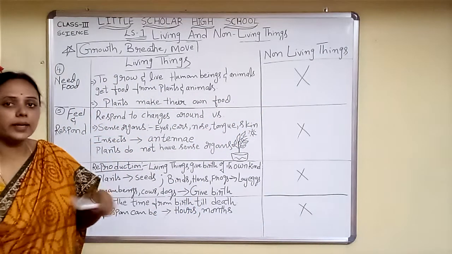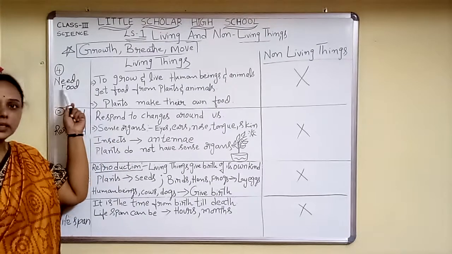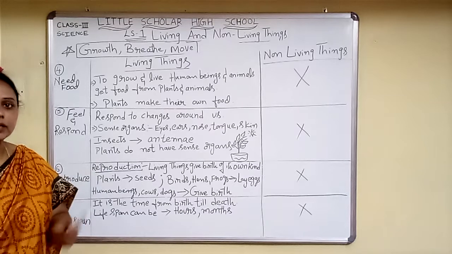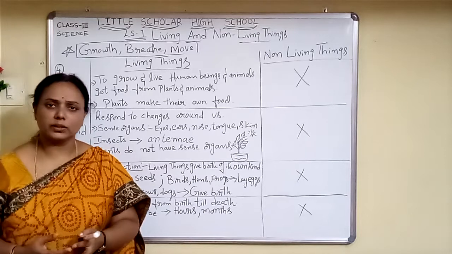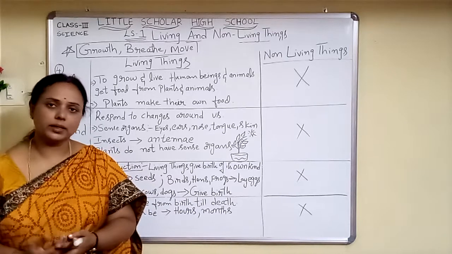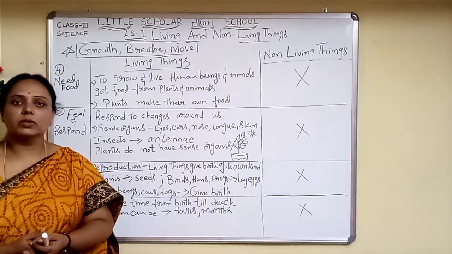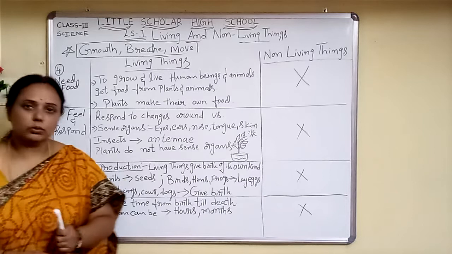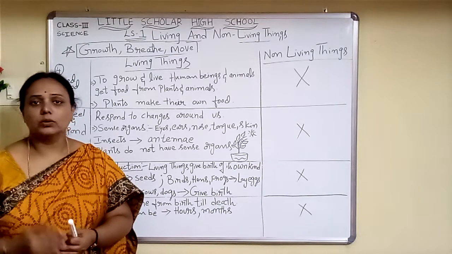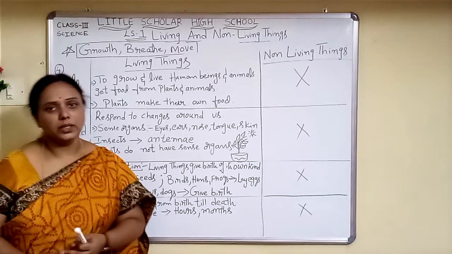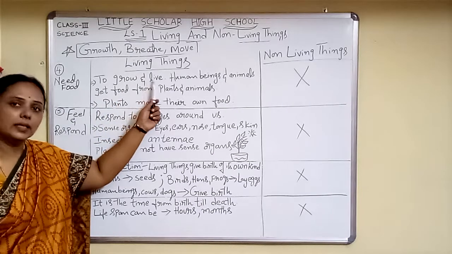Now the next point related to this topic is: living things need food. Why do we need food actually? We need food to carry out our day-to-day activities. We do many works in a whole day, yes or no children? So to do all the activities we need energy, and from where do we get this energy? From the food. And not only to do different kinds of work, but for our body growth also, and to live healthy also, we need food. That means we need food to grow and to live healthy.